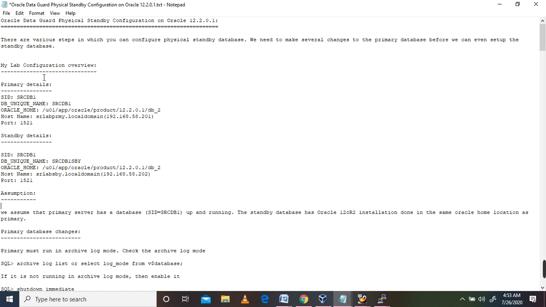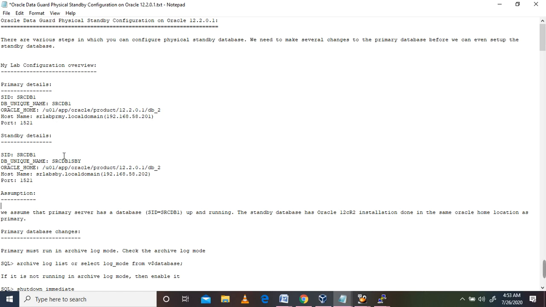Here is my lab configuration overview. Primary details: the database is running with SID SRCDB1 and DB unique name is also SRCDB1. This is the Oracle home location. The host name is srlabprimary.local domain. This is the IP address for this server. The port I used for this Oracle is 1521.